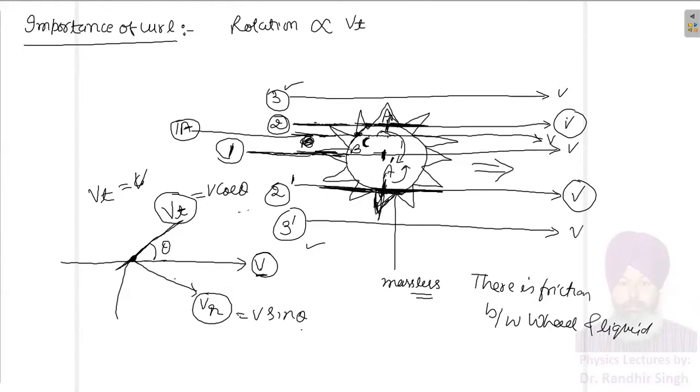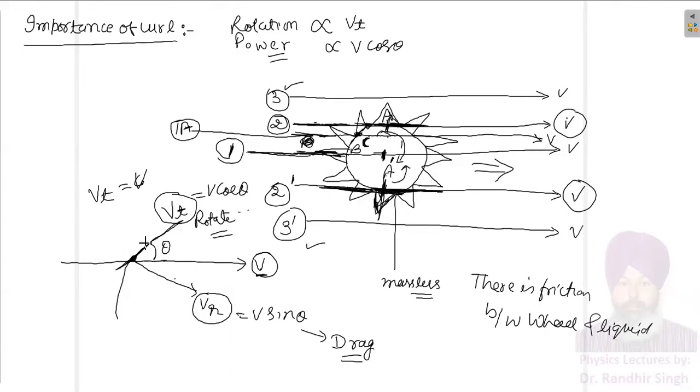Now you can see this can produce only drag. It can move the wheel ahead, it can drag, while this can rotate. You also know that only tangential forces can produce rotational effect. So the rotational power of the streamline is directly proportional to the magnitude of the tangential component of the streamline. The tangential component of the streamline is nothing but cos theta.